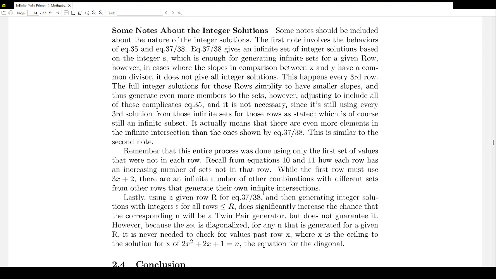So you could have used, again, I used the 3x plus 2, you have to, but then from every row after that, there's more and more lines that you could choose from. And it's not immediately clear that every combination of lines that you would choose would give an infinite set. You might be able to choose some that are linearly dependent on each other that don't give an infinite set. But you have more and more lines to choose from, and unless you could show, and again, I don't think this is true at this point, unless you could show that every other combination,